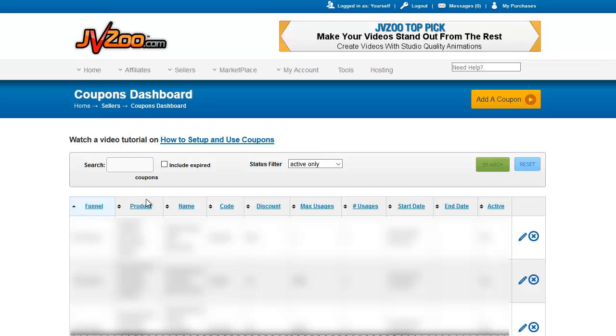Which specific product the coupon code is good for. The name of the coupon code, and this is just an internal name that you give it so that you can tell your coupon codes apart. No one else will see this. The coupon code itself, which is letters or numbers that you decide arbitrarily, whatever you want it to be. The amount of the discount, the maximum number of uses if you've set it, the number of times the coupon has been used, and this is updated live, the start date and end date if you've set them,